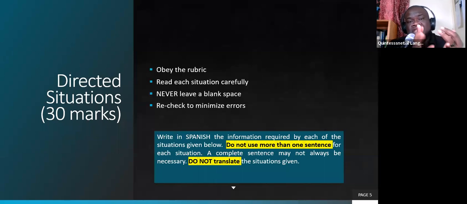That is not just a suggestion, that is a command that they are giving to us. We need to follow it. It is not open to interpretation. It is not open to our subjective understanding. We need to obey the rubric. You will definitely be penalized, lose marks, etc., if you do not follow that rubric. So you're not supposed to write more than one sentence.